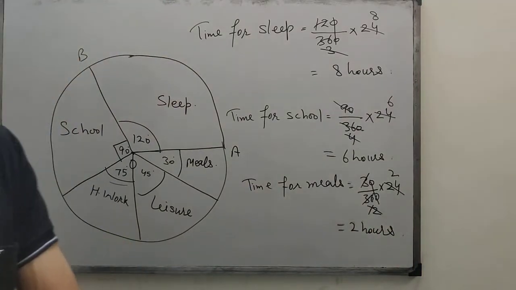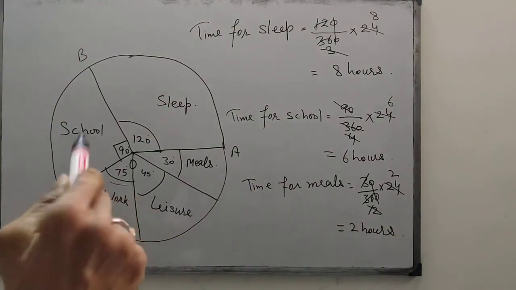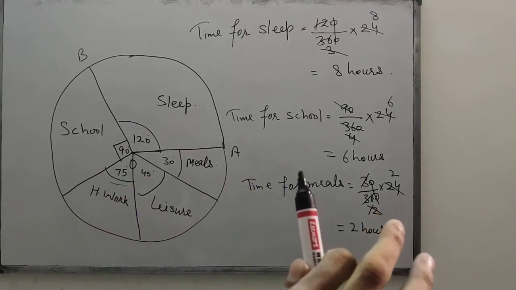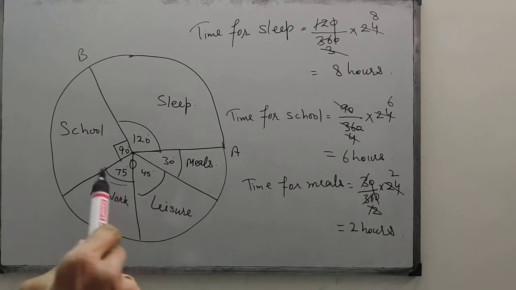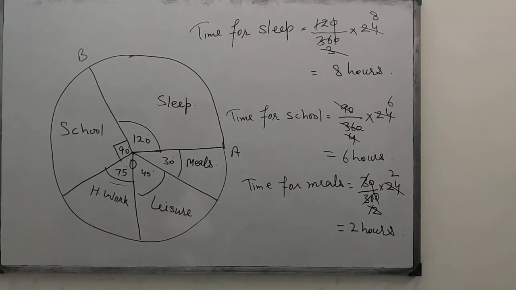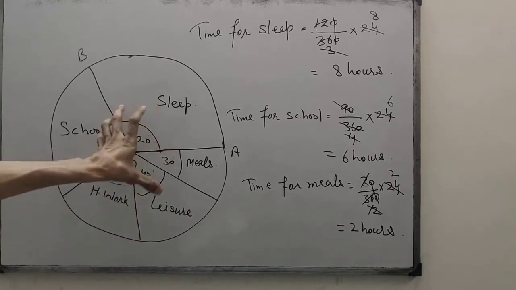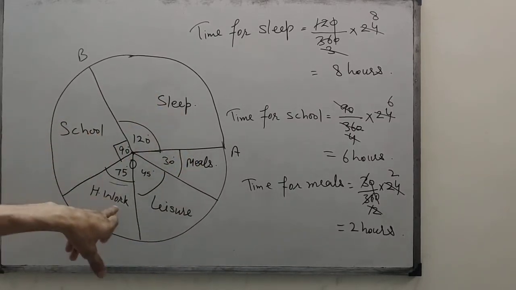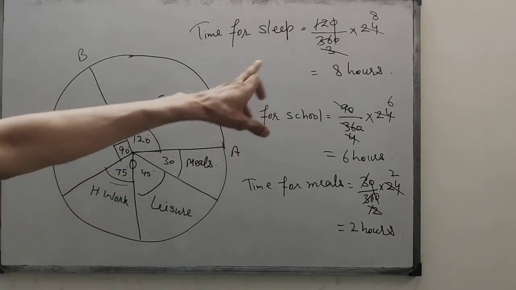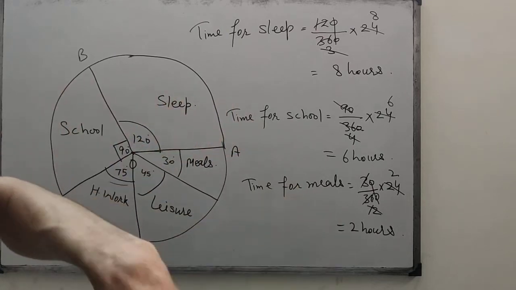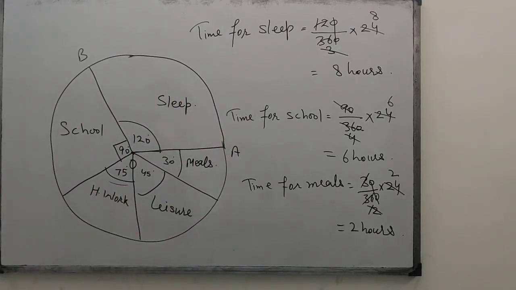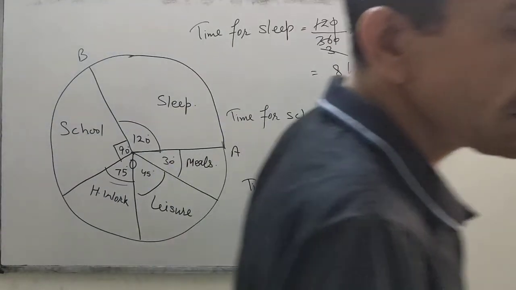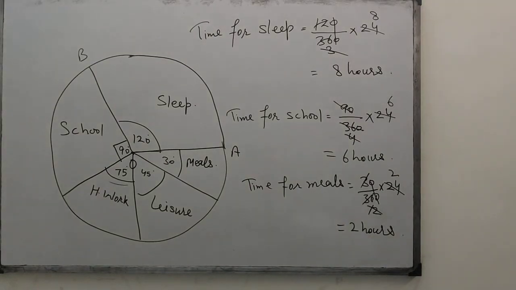So in this way you can find the time used in different activities. Whatever the question, the angle is given in all pie charts. You will find pie charts in this way. Activities will be written. You just find the actual time, or it could be anything, such as languages spoken by the people in an area. So take care of this thing. The concept is this, the logic is this. In this way you can read the pie chart and you can also make the pie chart. This is the way. Okay, beta.